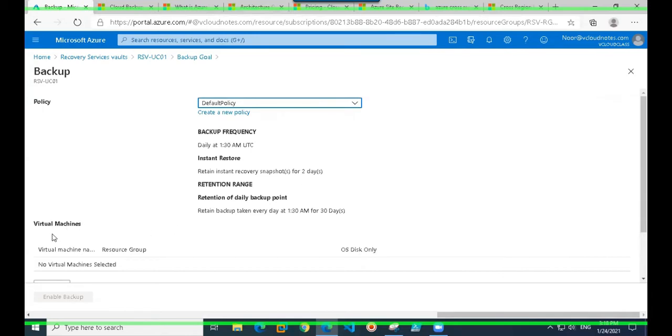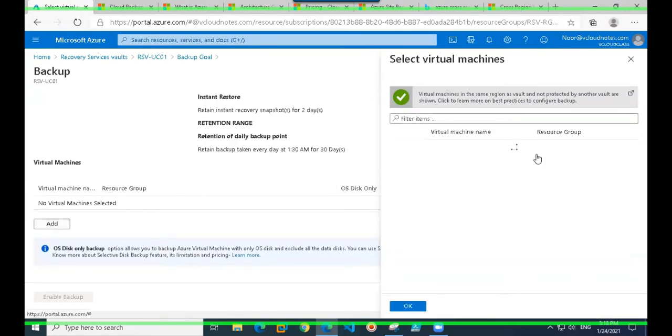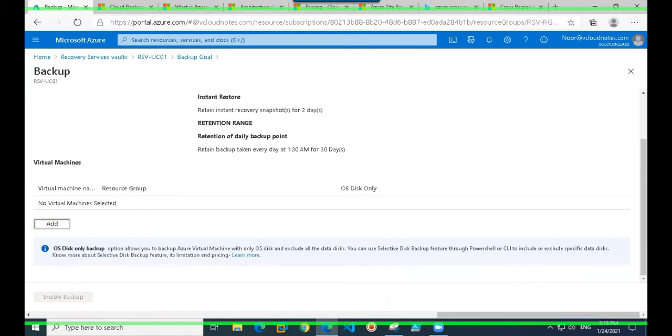As you can see, you won't see any virtual machine listed here, because there is no machine in that US Central region. This proves that point. You need to have the recovery services vault and VM in the same region.